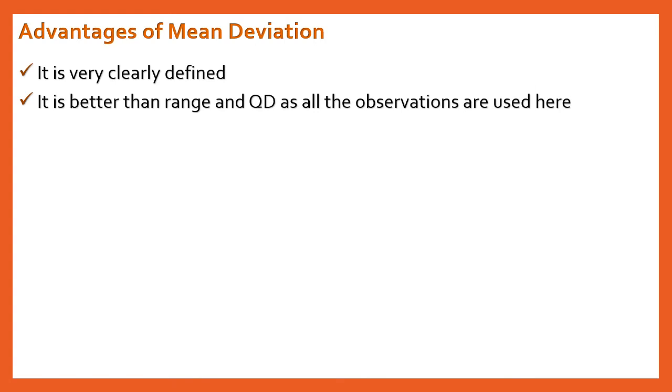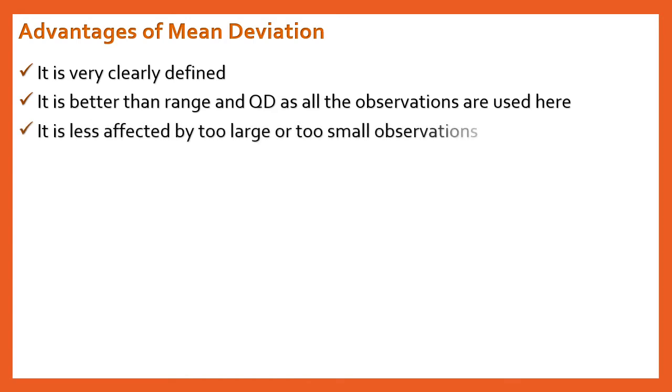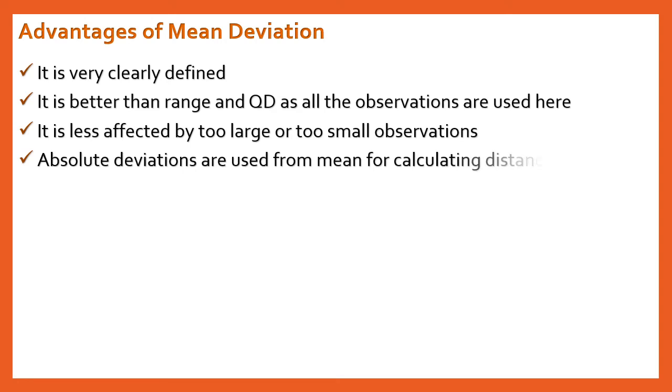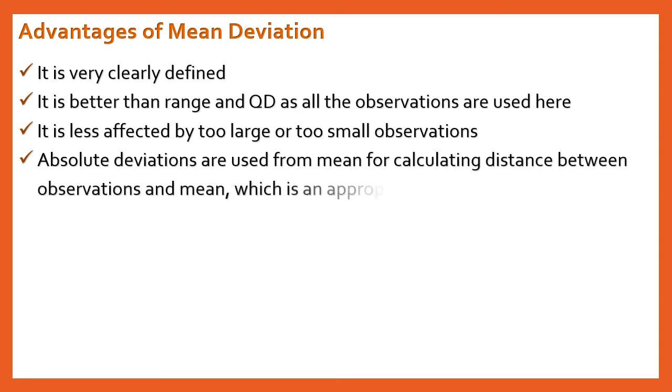Range and QD only use the positional values or the extreme values, but this measure uses all the observations for its calculation. It is less affected by too large or too small observations. Absolute deviations are used from mean for calculating the distance between observation and mean, and this measure is an appropriate measure for dispersion. Because we have to calculate the distance from mean, and that's what we are doing in its calculation, it is an